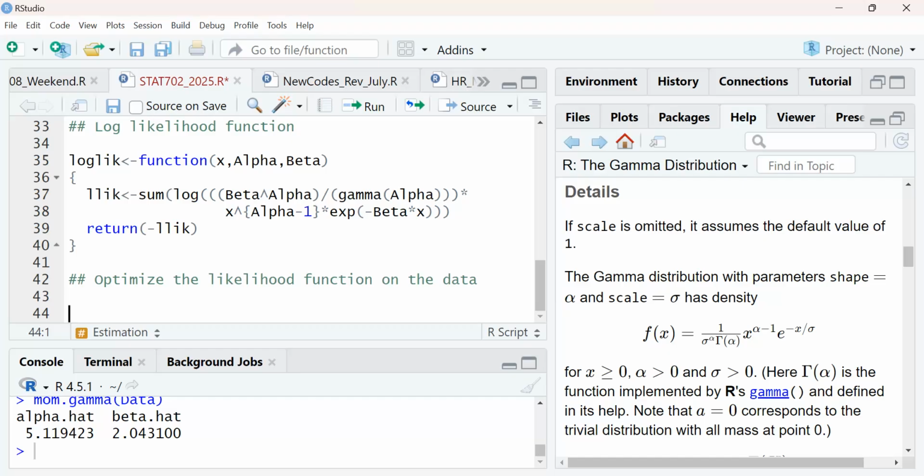So if we take that definition, then it means that if we have a data set, we will put our log likelihood on it. Each combination of, in this case, alpha and beta will give us a likelihood value.